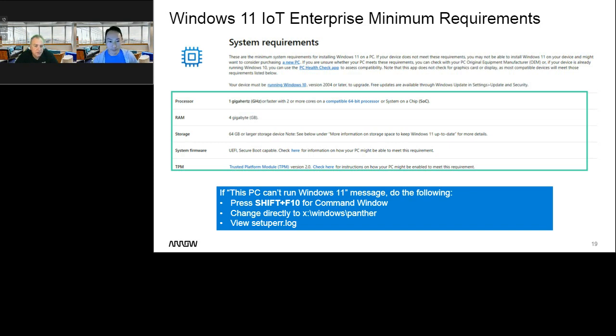Yeah, it's interesting. It went from a single core processor to 2 cores and 2 gigs of RAM to now 4 gigs and lots of storage. The question we get is, will the LTSC version still require the TPM? And we don't know the answer to that. I have a feeling that it probably will. I think by the time it comes out in 2 or 3 years, this won't be such a big deal. It'll probably be very common to use the TPM. The hardware will be much further along as well. So we'll see. Obviously the goal is to make the device more secure, and that's what the TPM does.